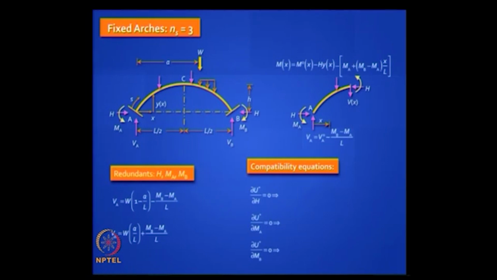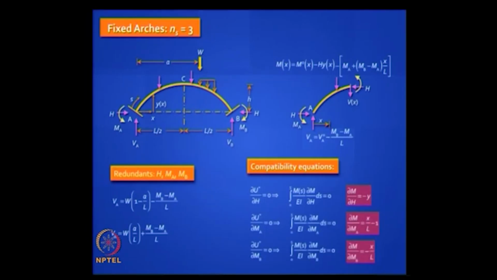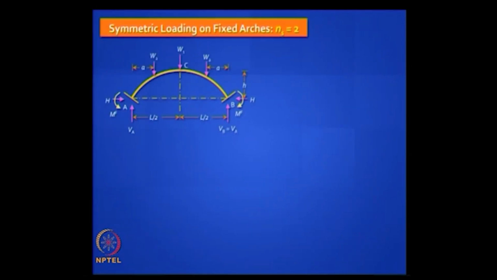So you can write an expression for bending moment at any section in the arch in terms of the free bending moment and the effect caused by all these values, which you can write an expression for. You take the derivative of this with respect to these, you can simplify, and they are easy to work out. I want you to go through this carefully. You can write these, okay. And if you take the case of a symmetric arch, then your two moments will be equal and opposite. You have only two unknowns. It simplifies